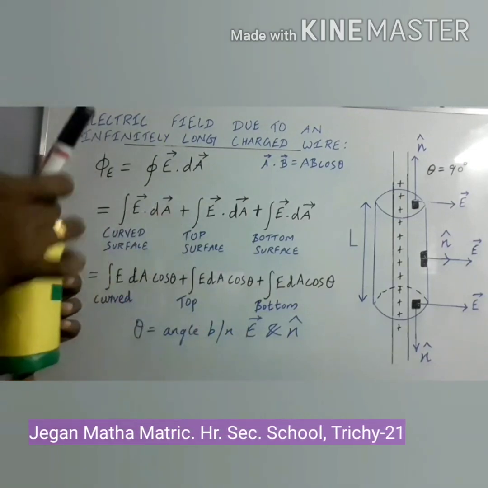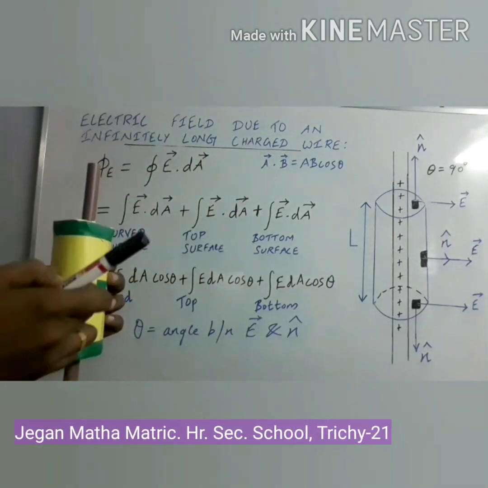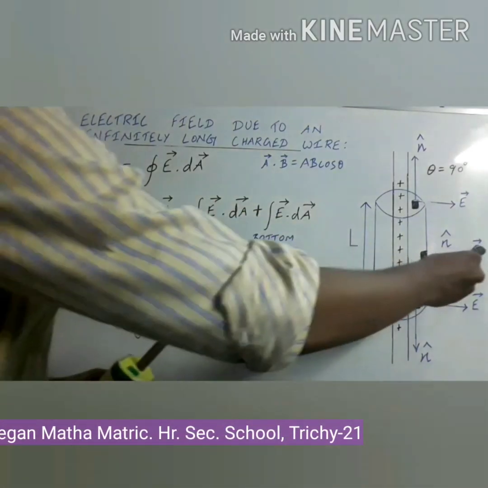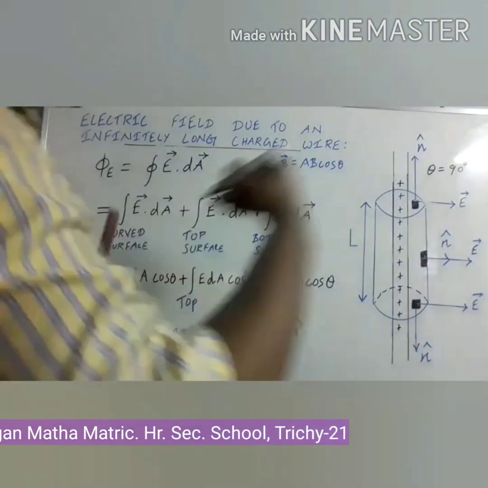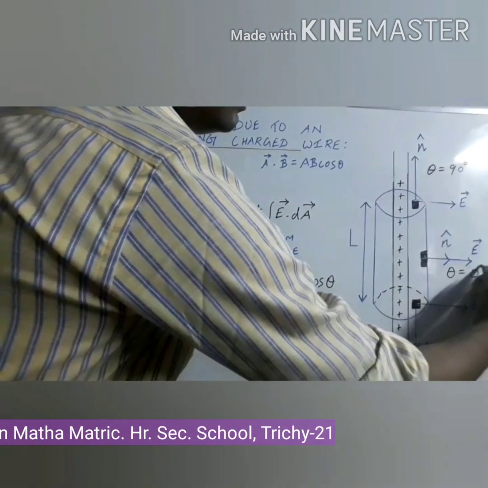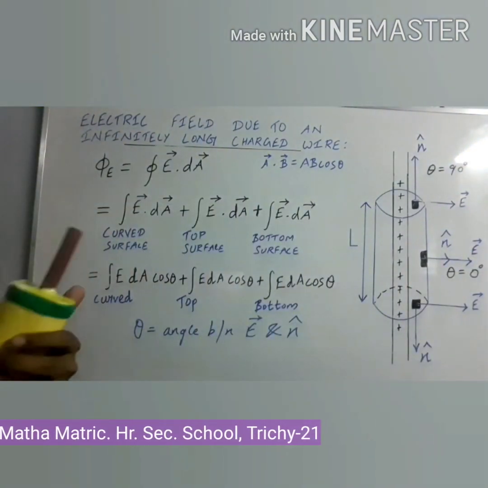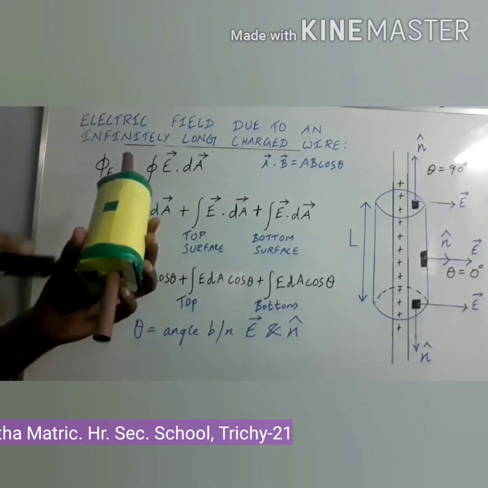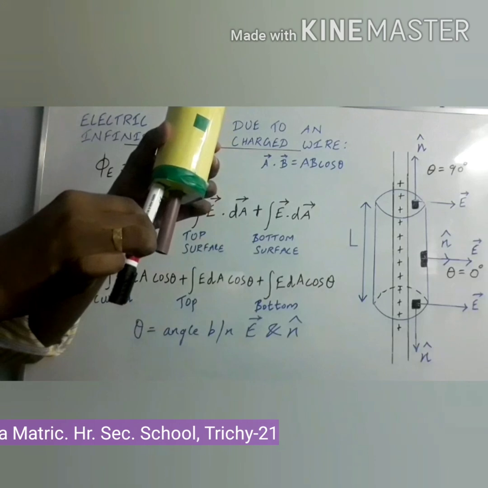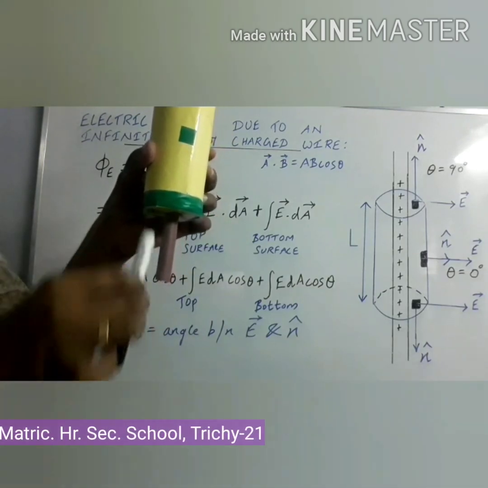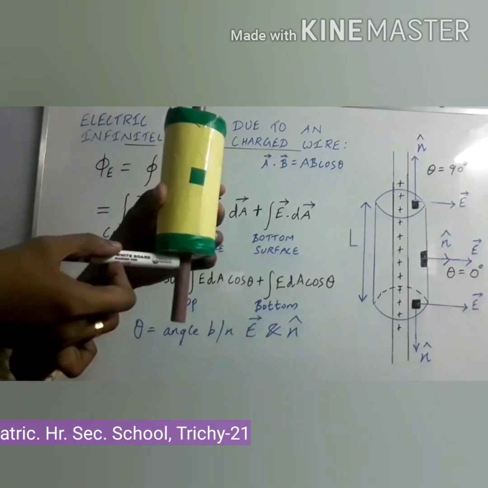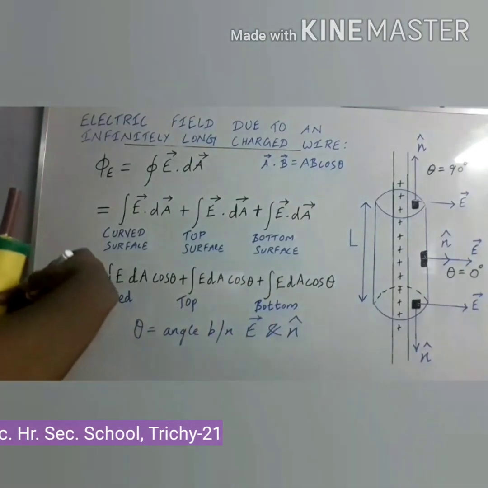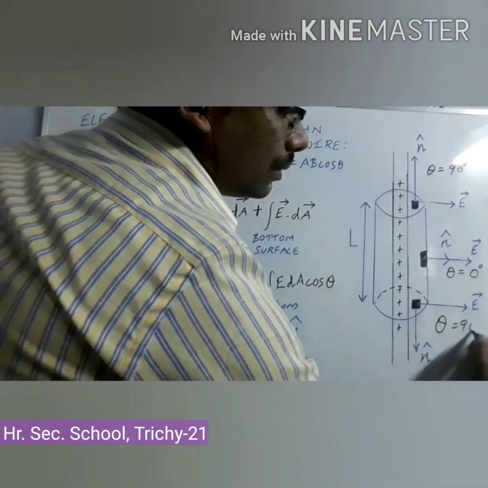Likewise, the electric field line which comes outside of the wire also acts horizontally. So here both are in the same direction. The normal and the electric field line both are in the same direction. Same direction means what is the angle? Here theta is equal to 0. Likewise, finally we can take the bottom surface. On the bottom surface we have the area dA. Here what is the direction of the normal? It acts downwards, vertically. But here also what is the direction of the electric field line? It acts along the horizontal. So here also what is the angle? Like the top surface, here the angle is equal to 90 degrees.